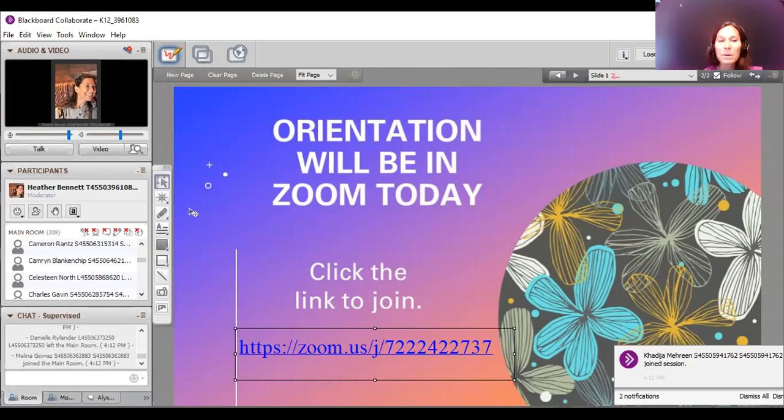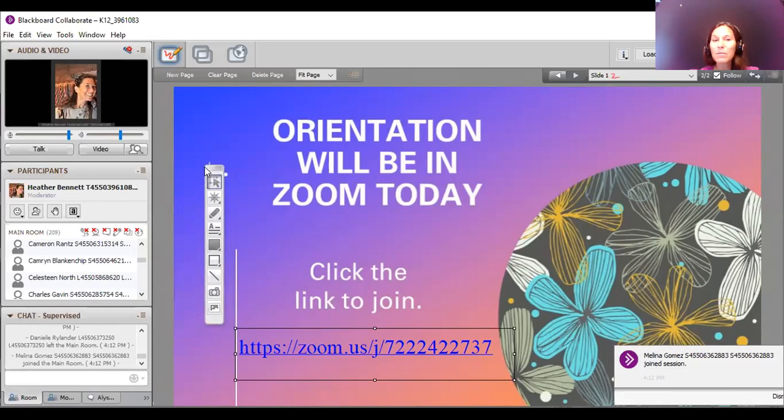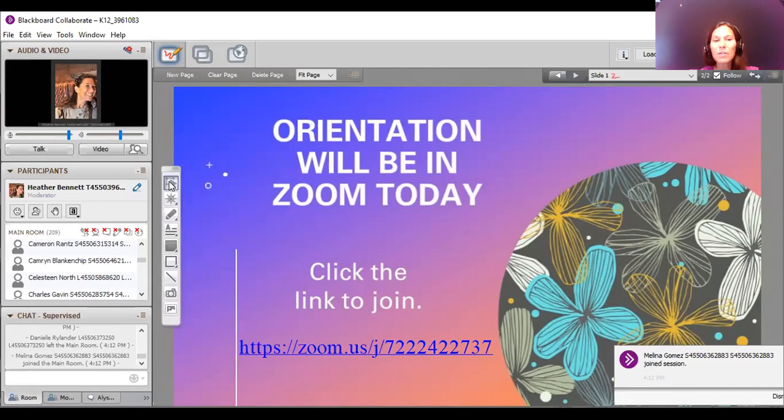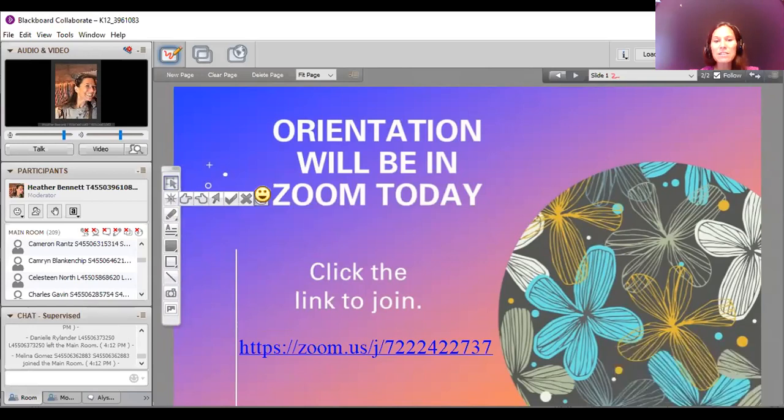So that is just a little bit about Blackboard. There's one other thing that you will learn once you start using it, your whiteboard tools. So you can see that I'm kind of moving this box around a little bit. Those are your whiteboard tools. So right here you have the little arrow, and then next to it you have the pointer, so you can change this. You should see a little smiley face, and I can click places.